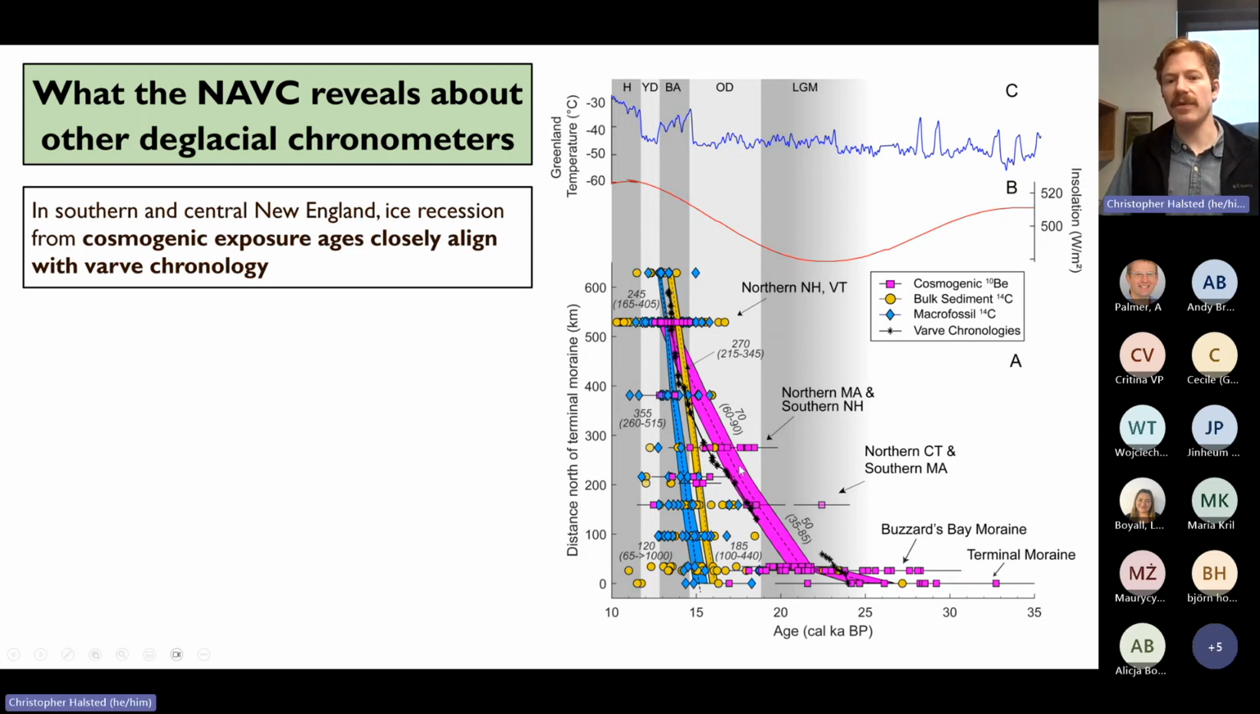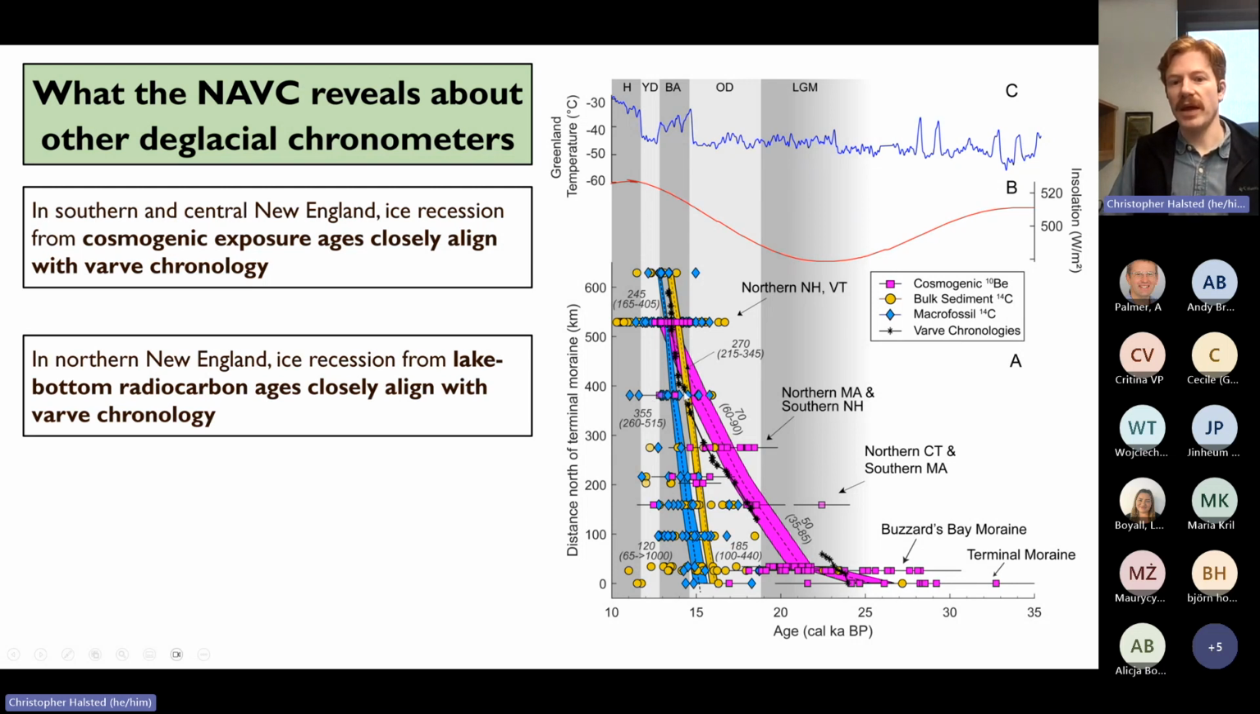When we get up to northern New England, though, it's almost the reverse. We have the pattern of ice recession according to Varves, this black line, matching very closely to the pattern indicated by either of our radiocarbon techniques. And so this is really interesting. We have cosmogenic nuclides capturing the pacing of ice recession most accurately down south, and radiocarbon capturing it most accurately